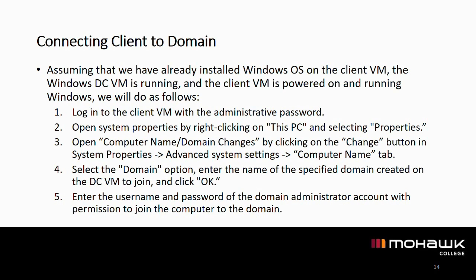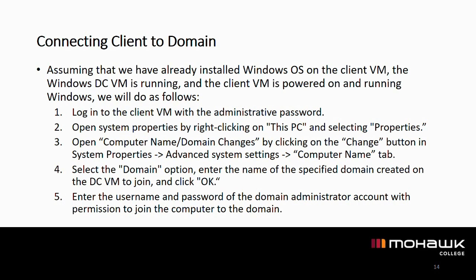Log in to the client virtual machine with the administrative password. Open System Properties by clicking on This Computer and selecting Properties. Alternatively, you can press Windows with Pause or Break to open System Properties. Open Computer Name Domain Change by clicking on the Change button in System Properties and going to Advanced System Settings and then